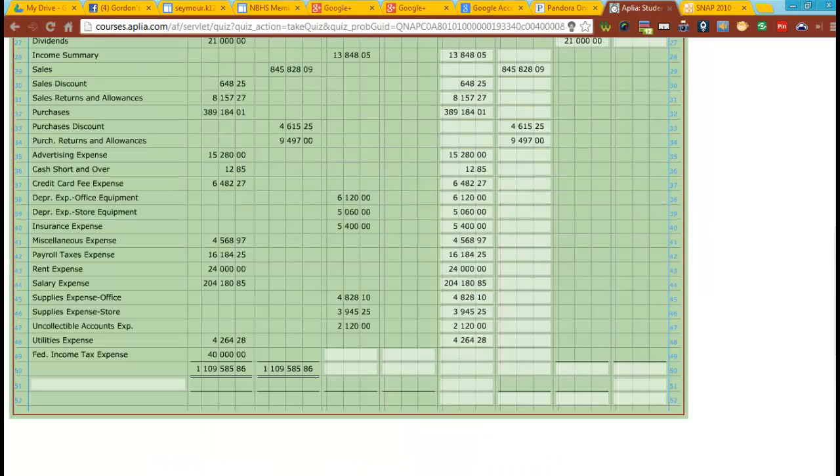We are going through and adding up our income statement columns right now to find out what our income tax is. So we need to not include $40,000 because $40,000 for that federal income tax expense is an expense that the business has already documented and paid based on what they thought would be their net income for the year. Okay, so we have to add up everything except that $40,000,